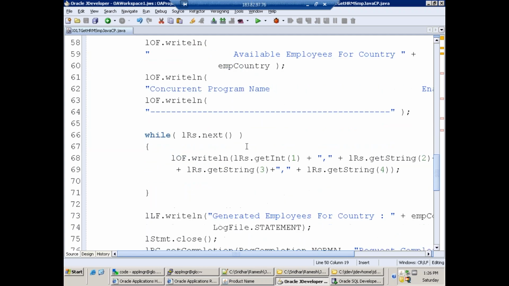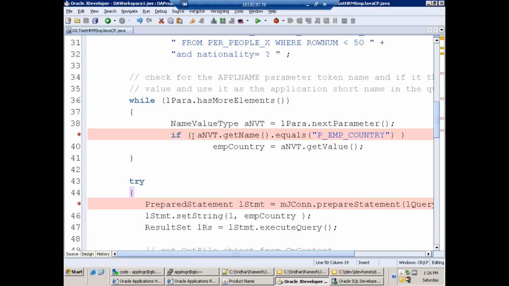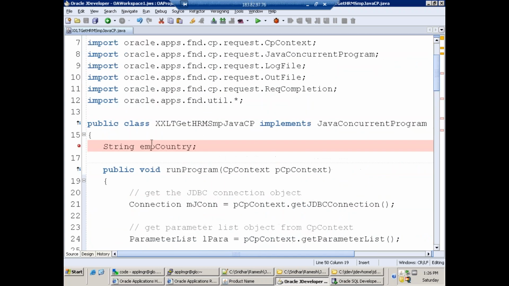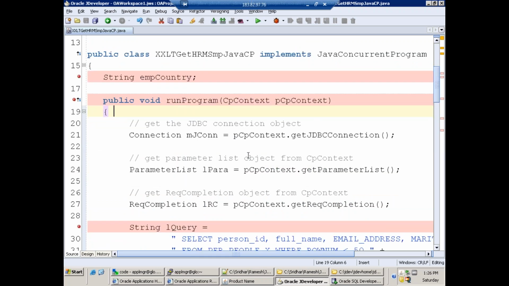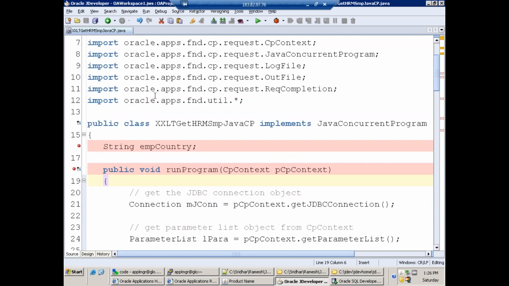So then, iterate this prepared statement and result set, and then generate the content to the out. That's it. If you observe the total Java logic, this method will get called by default when your concurrent program gets executed. So runProgram is a method in which our logic should be written. Either you can call some SQL statement or print something, and that's how we can do it. Once your Java program is ready, and in my case this is ready,